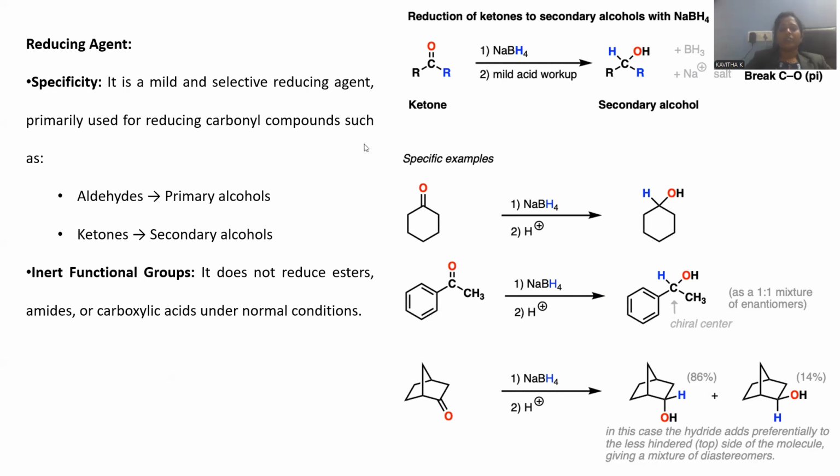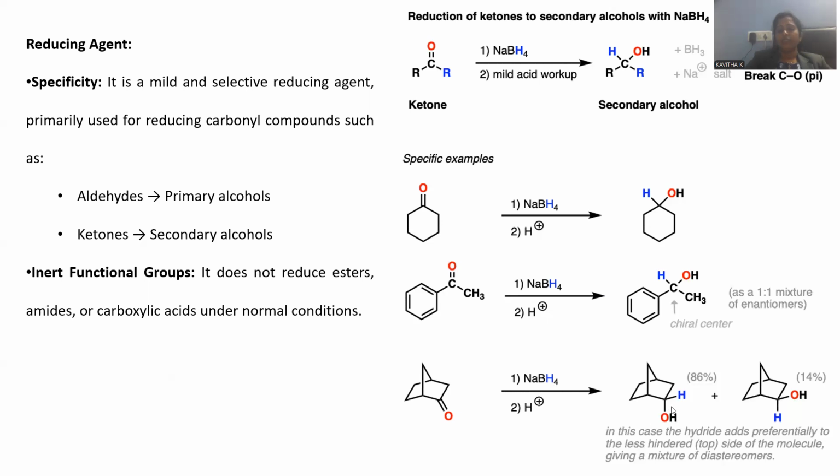Rather, it is a mild reagent, and a very selective reduction is accomplished by means of sodium borohydride exclusively. Carbonyl compounds are said to be reduced by sodium borohydride. Whenever aldehydes are taken, primary alcohols will originate, and ketones give rise to secondary alcohols. Let me show. If I am taking a ketone as a starting material, there is origination of secondary alcohol, and this is cyclohexanone giving rise to cyclohexanol.